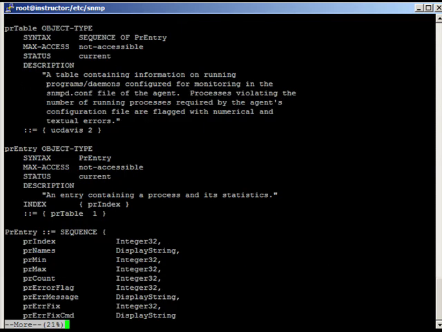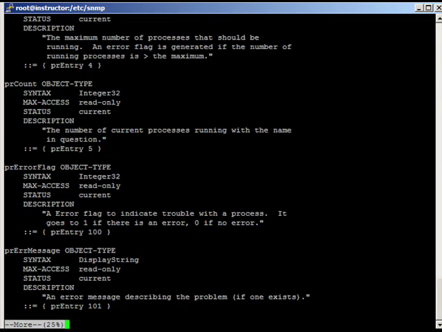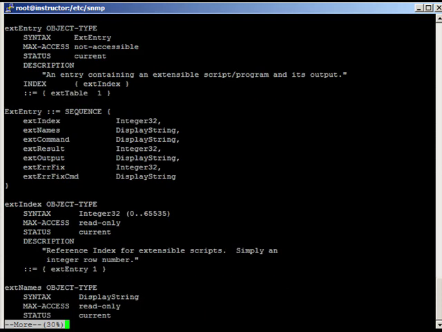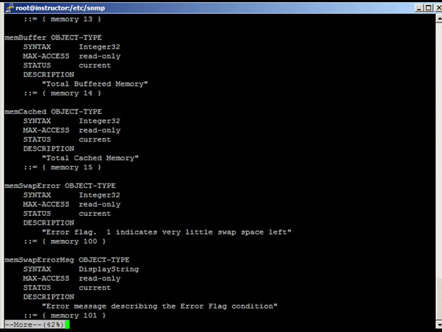And hardware vendors provide these for you, and they tell you exactly what they are. So once you know what they are, you can look at what you're looking for. See here you have this one here called memCached, and you know that's the total cache memory. Okay,